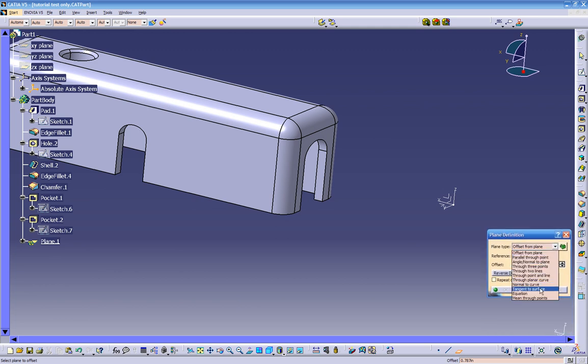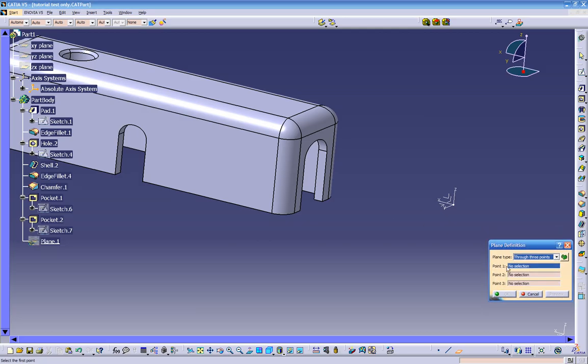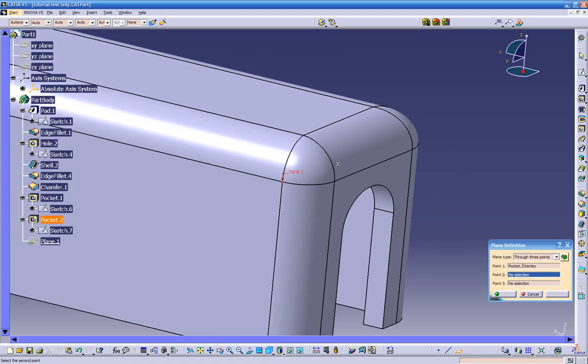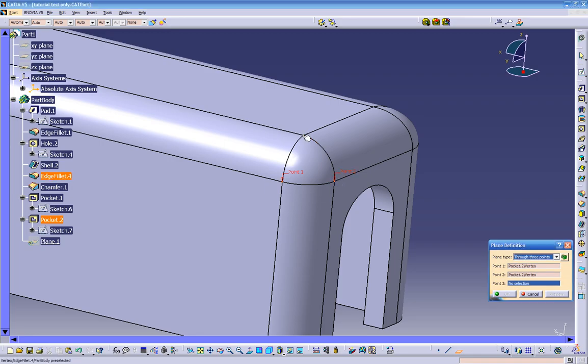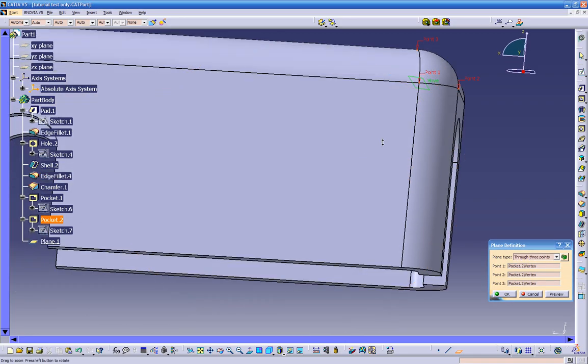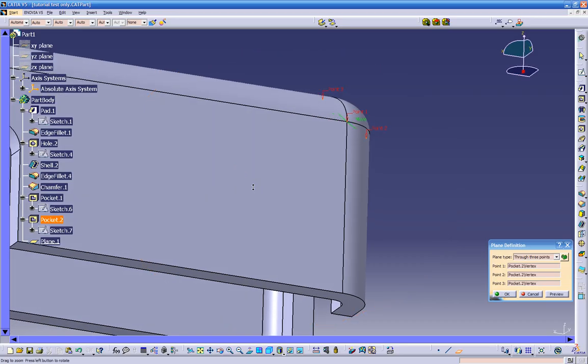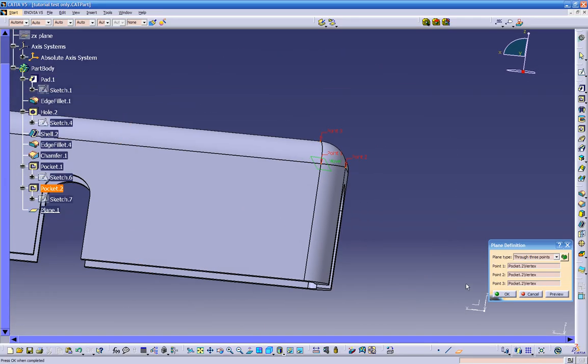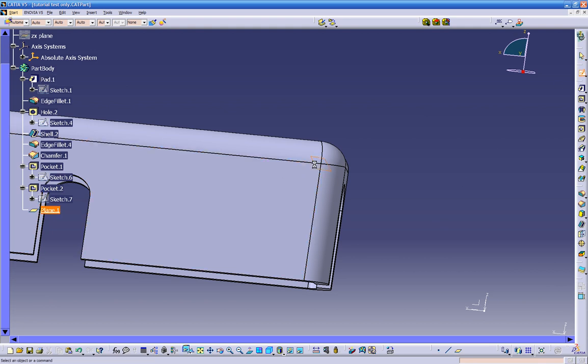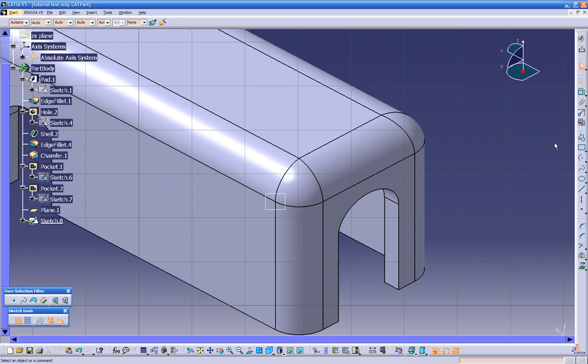It's got quite a bit of ways of creating planes: offset from a plane, parallel to a point, to 3 points. So if you want to create a plane to 3 points, you just click on this and it's going to ask us to select point number 1. It's point number 1 right here, point number 2, and point number 3. So if we see, we got a plane through the 3 points, and if we click OK, now we can open a sketch onto this plane and we can build our